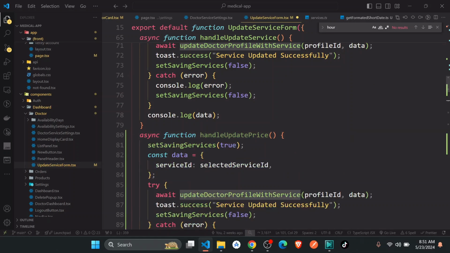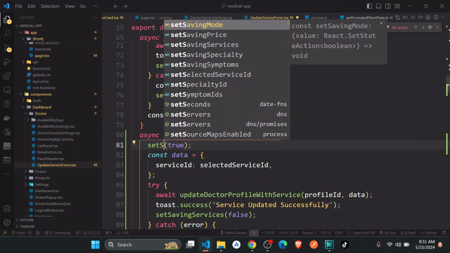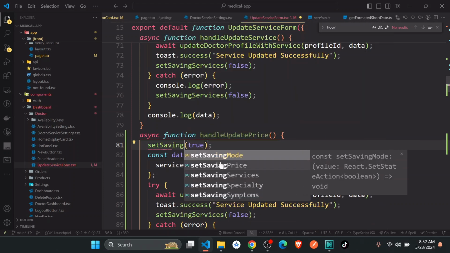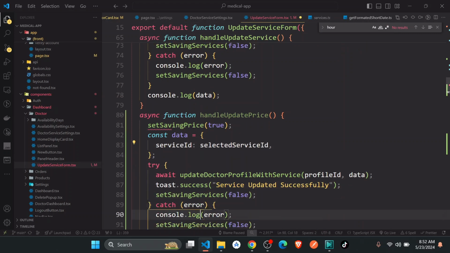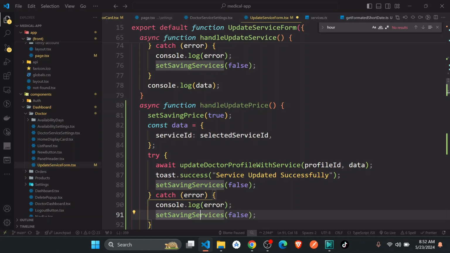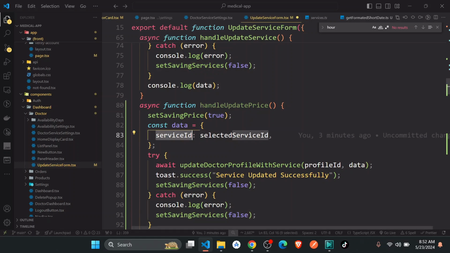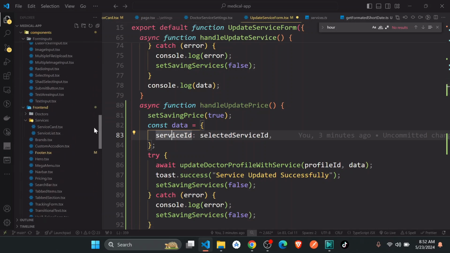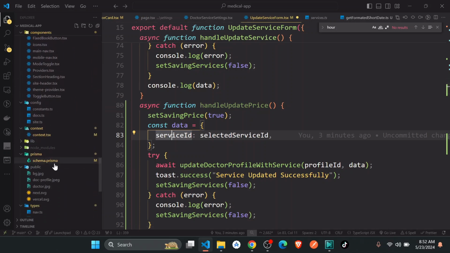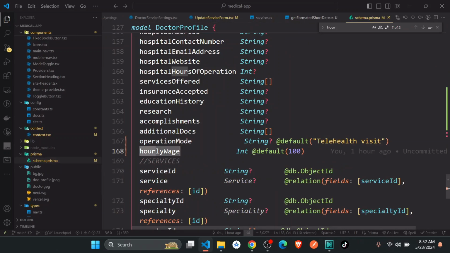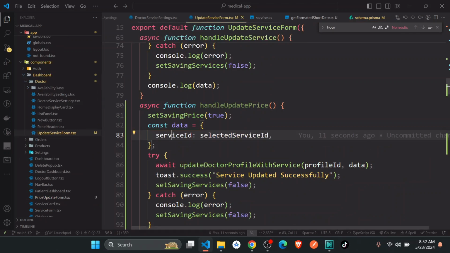So here just going to have set saving price. Data is going to be hourly something. We had it. I can just go here and I get it from here, hourly wage. Update. Okay, so here,